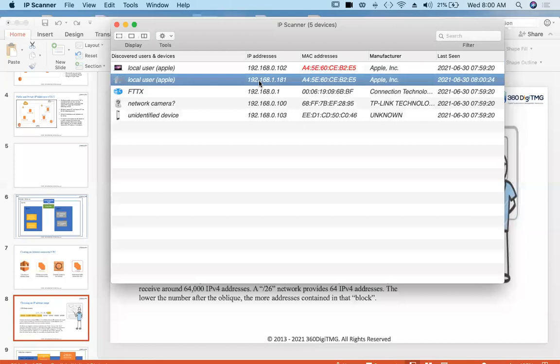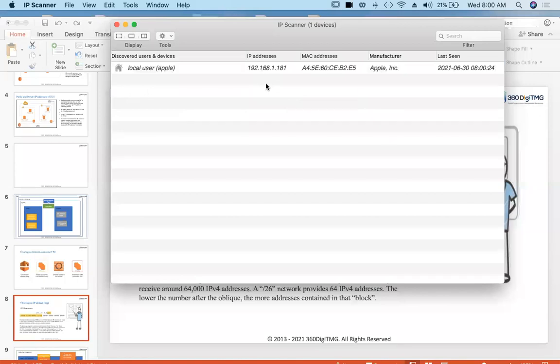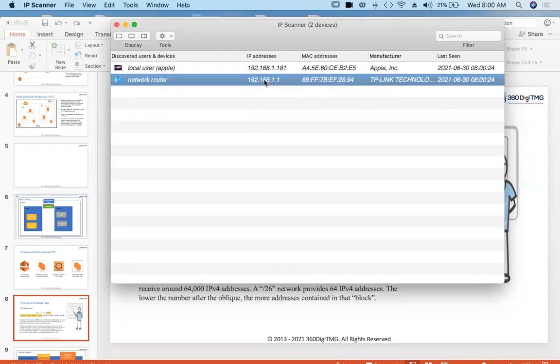See, some device is there. This is my laptop again. So only my laptop is there in that other network. So network router. You can see the change in third octet, right? Actually, my network is divided into 2 subnets, and this division is happening by change in the third octet.